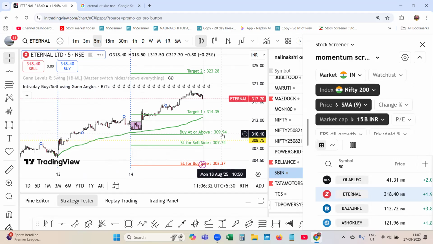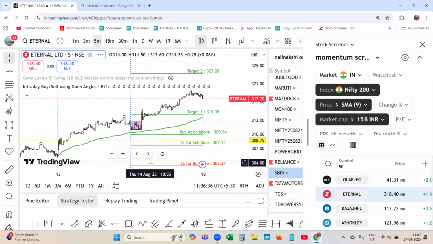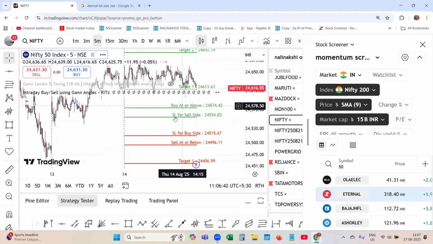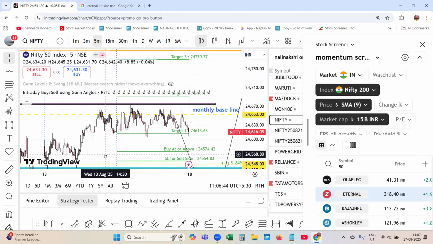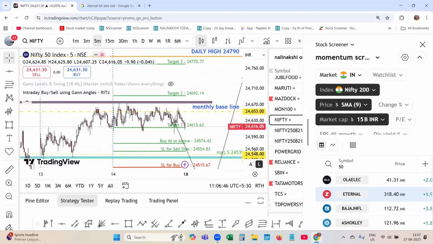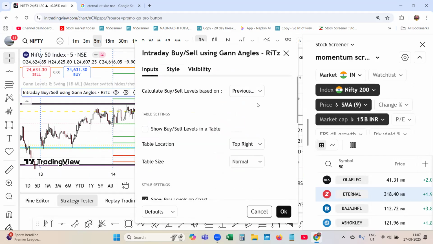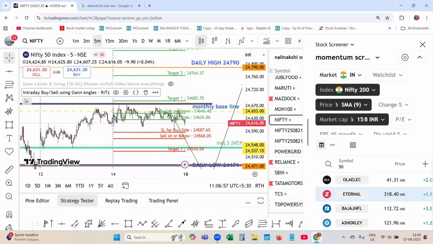So if you go for that, buy at previous day low, if you take that, the calculations will change. Buy at or above 309. So it will be protecting. Like that, you can select for it. Even you can apply it for the Nifty, and you can do that. Okay, let us take today's open. Based on today's open, if you apply,